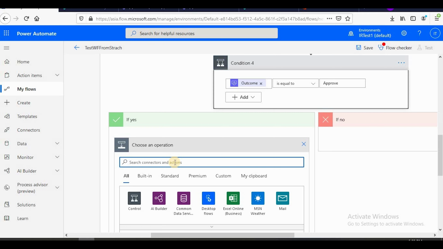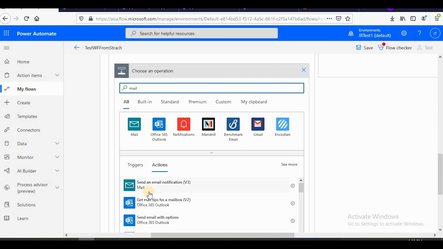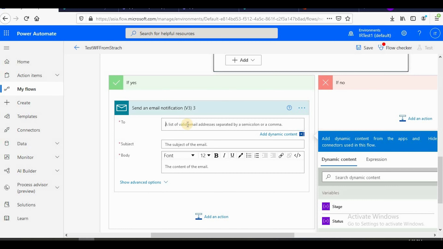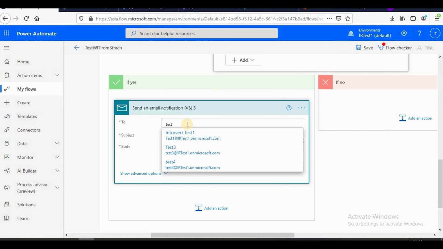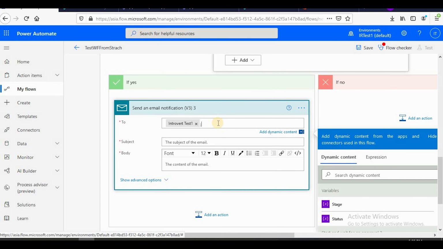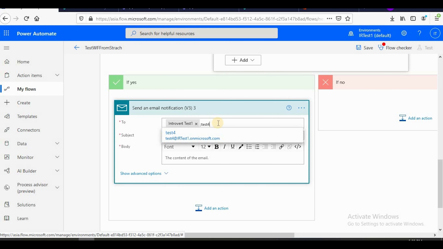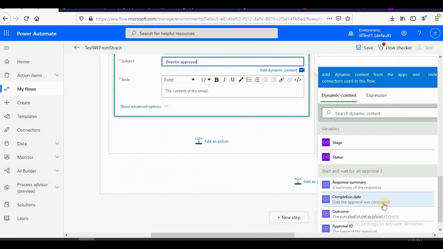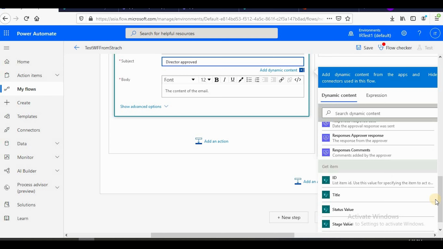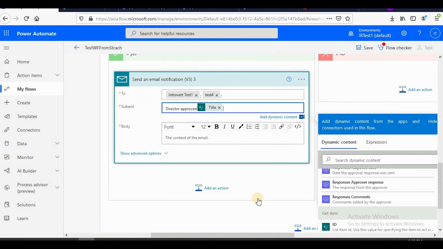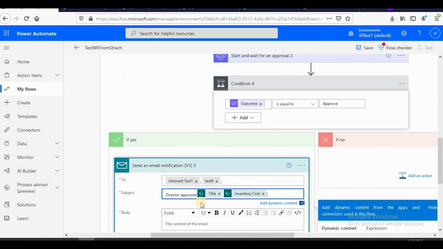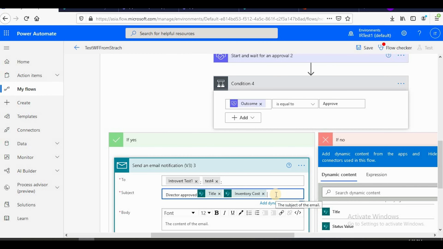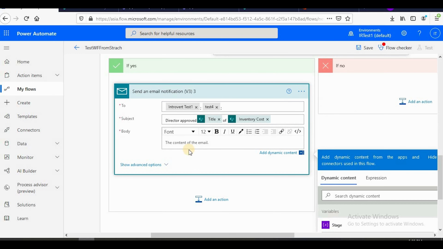So I'll add mail v3 to initiator, which is my test user 1, but his mail is not working, so I'll add test user 4 also, test 4, so that I can show you the mail is getting triggered. And the subject would be director approved. And if you want any data also, you can put it. Suppose the title I wanted to put, so I put the title, and inventory cost also I put. So director approved this and this. Off, I'll write it in this. And then any text you can write